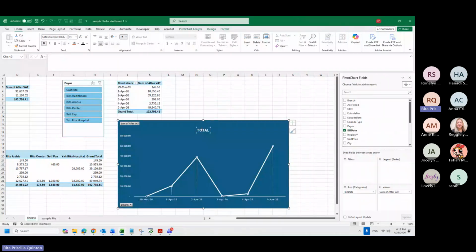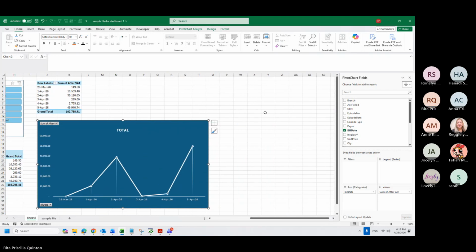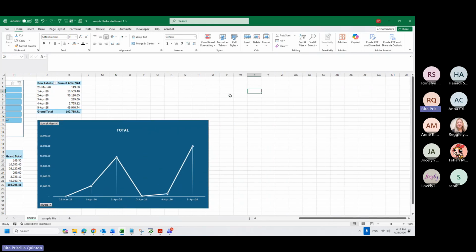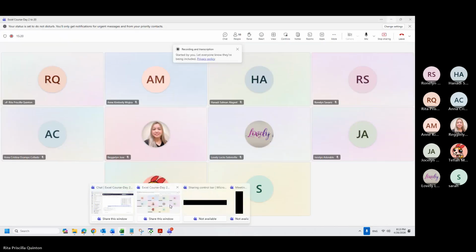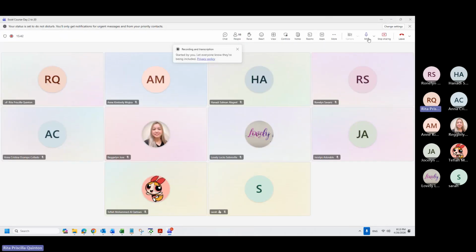Actually, I'm also using the slicer when I want to have an interactive list. For example, I will stop my recording because this will be confidential.